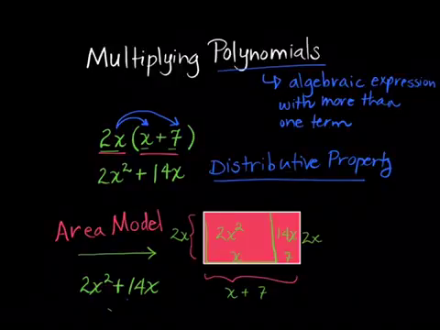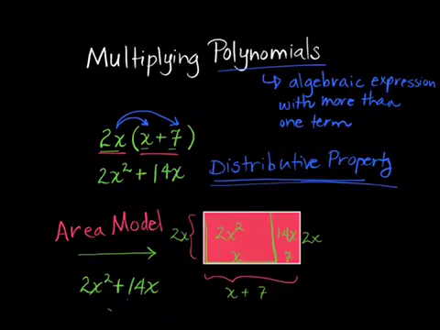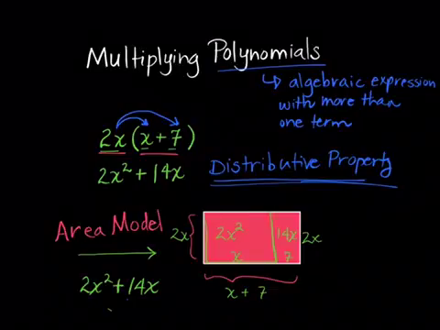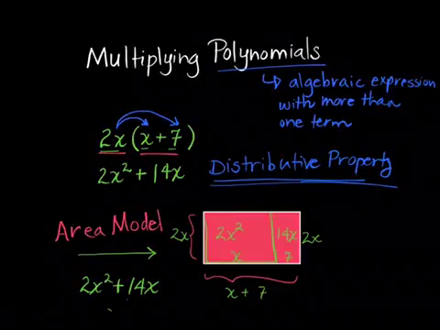Now obviously the distributive property method is probably a little bit faster than the area model, but the area model gives us a visual picture of understanding it, and its usefulness will be in the next topic that we'll cover, which is factoring polynomials. The area model becomes very useful in factoring polynomials. Let's multiply